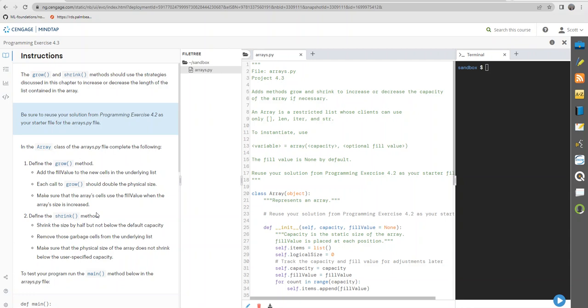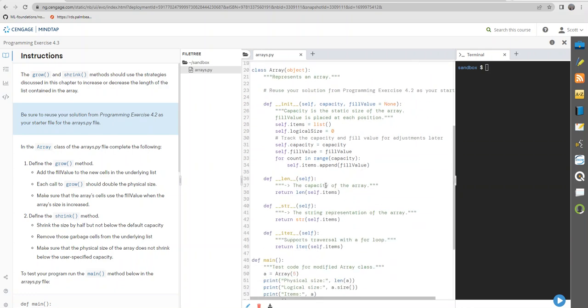One, the primary reason was rather than skipping over, like we'll just jump from 2 to 5. You can't jump from 2 to 5 because right here it says be sure to reuse your solution from 4.2 as your starter file. Now, this may not have what you need from 4.2